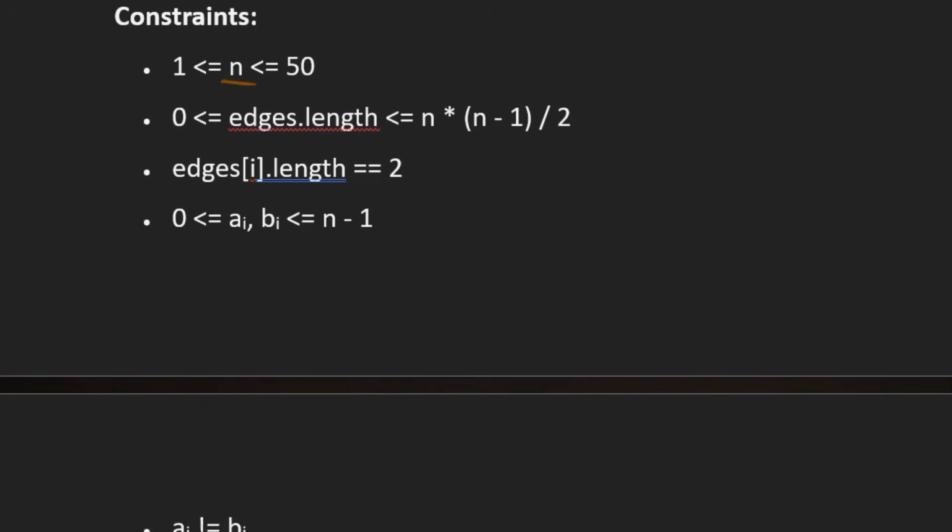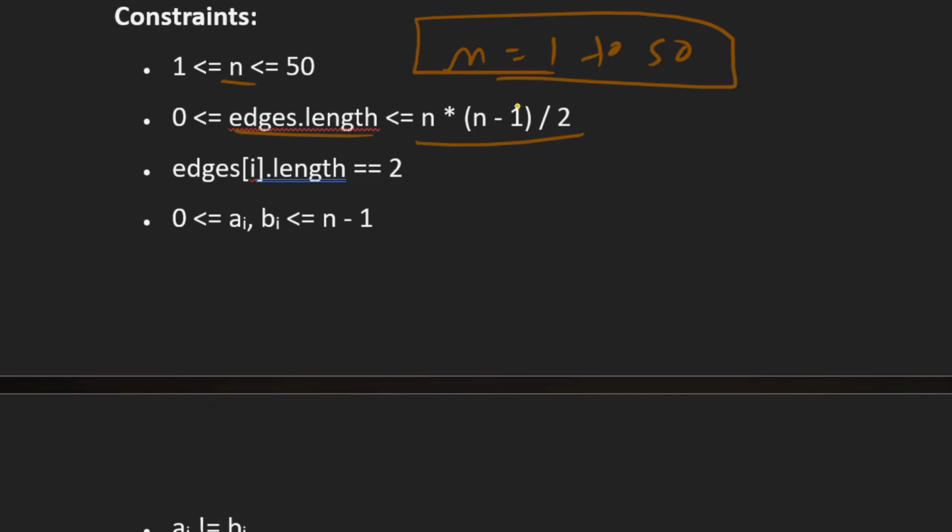So here n can be from 1 to 50, that is at max we can have 50 nodes in the graph, and the number of edges in the graph can be n into n minus 1 by 2 in the worst case, and edges[i].length is equal to 2, that is it has two components ai and bi,